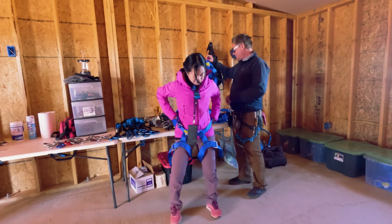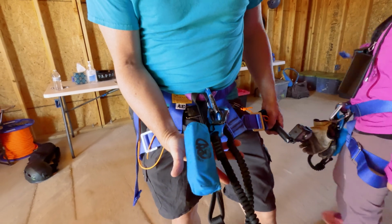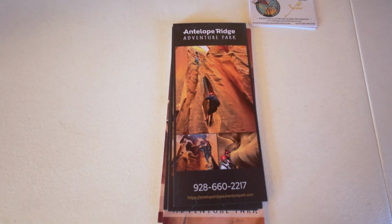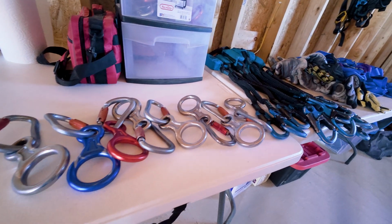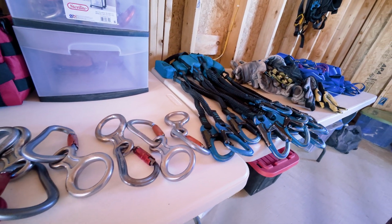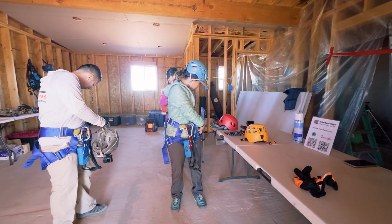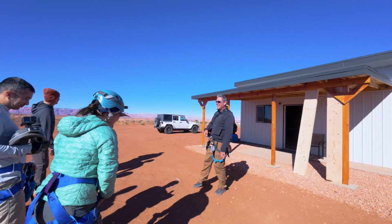As Theo mentioned before, this course is brand new. So new, in fact, they are still in the process of drywalling their headquarters. But one thing that they have plenty of is top-notch gear. The cool thing about this adventure is that even if you are not experienced in Via Ferrata like we are, all you need to bring are some good hiking shoes. They even supply the helmets, even though we will be bringing our own just so we could mount our cameras